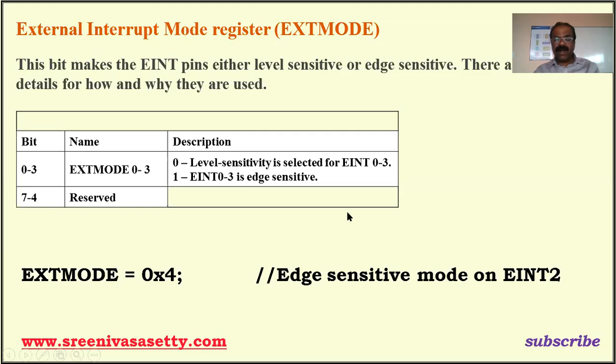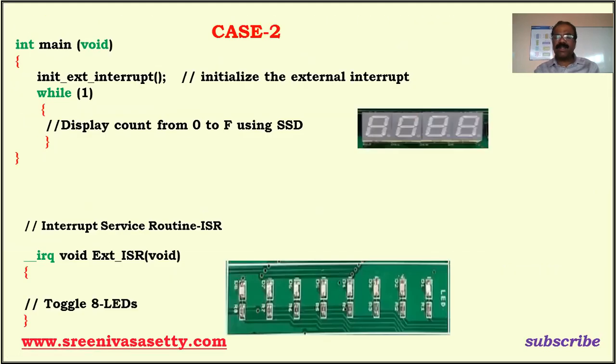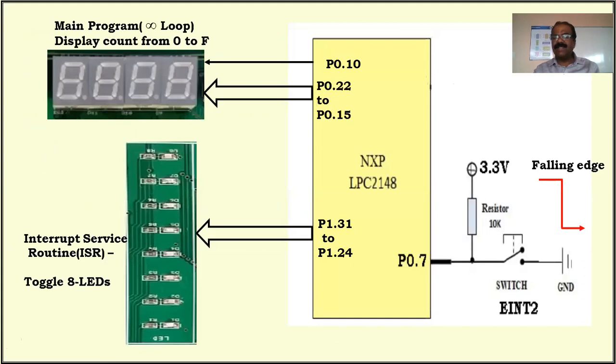Why do you have to go for edge sensitive? I already told you about this. Initially it is high. By default, what is the potential at this point? It is high. Once we press the switch, it will change from high to low, because it is connected to ground. Therefore, there will be a transition from high to low. That is an edge, not constant. It is not high and remaining high. There will be a transition from high to low. That's why I have to go for edge sensitive. That is the meaning of this.